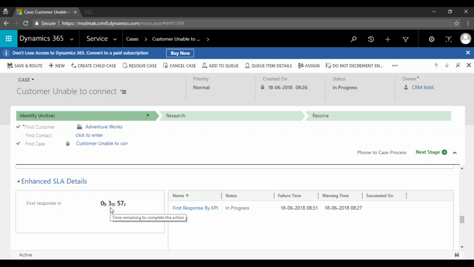So if the case is not resolved within 5 minutes, right now owner is the CRM MAC, it will get changed to escalation team.